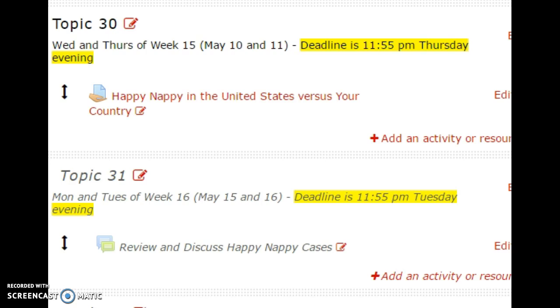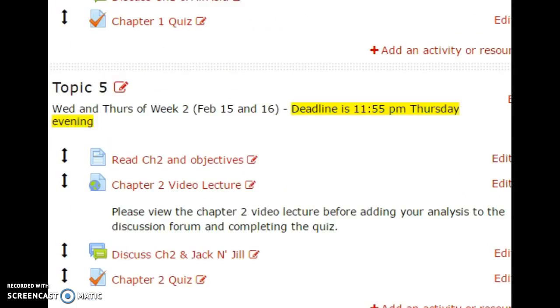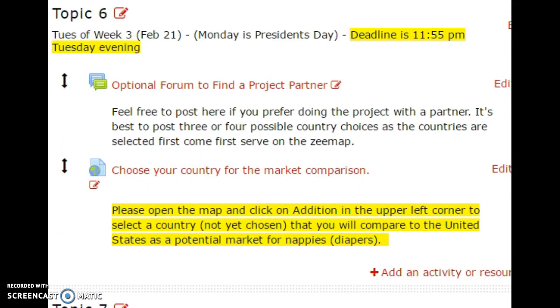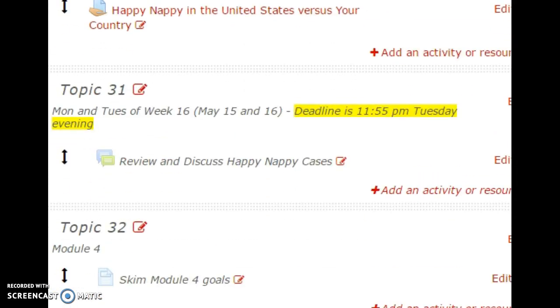And back, as I said, in the beginning of the semester, let me go back up. Let me see. There we go. You chose which market you would be comparing to the United States as a potential for your diapers. So in the interest of making this a little easier than reality, we're not going to look at a bunch of different countries. We're going to look at the United States, and we're going to look at the country you chose. So it's kind of a forced comparison and say, of the two, which one do I want to